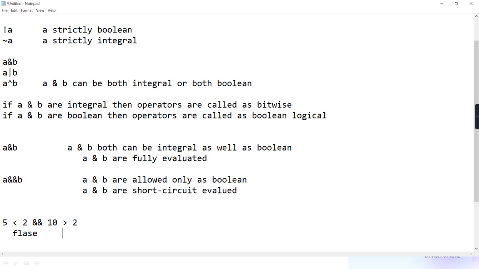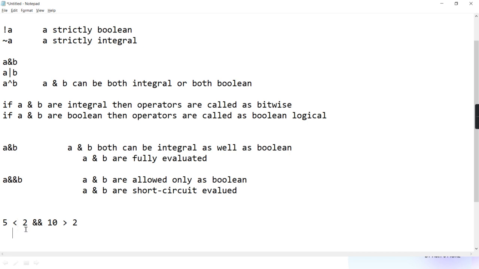Yes. Why is it? Because the evaluation is short circuit evaluation. Short circuit evaluation means it doesn't evaluate both the operands fully. It only evaluates the left hand operand, and on its result it decides whether to evaluate the second part or not. Getting or no? So tell me, if suppose the first part is coming true, then will it proceed to the second part?